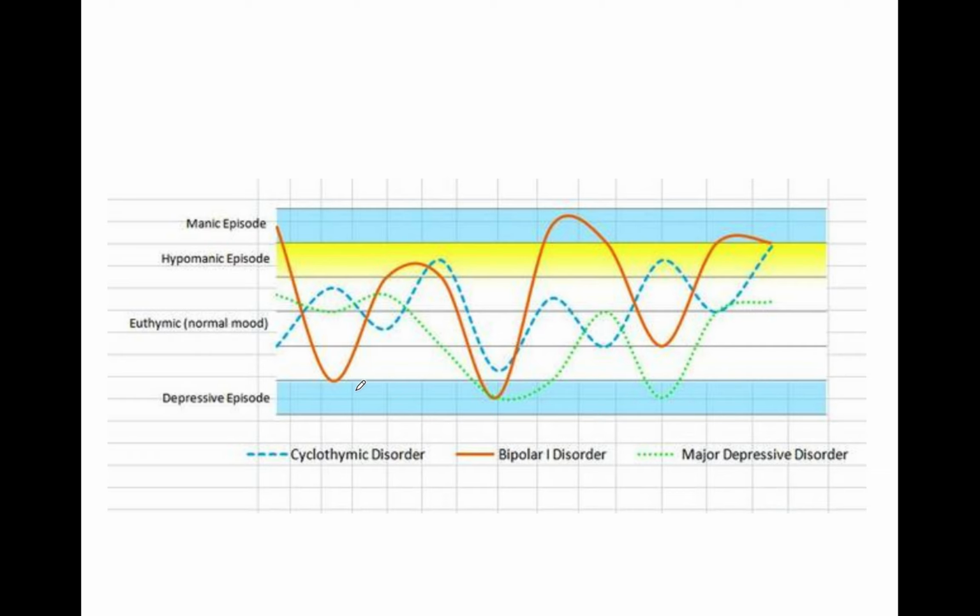So back to our chart. Depression. I'm following this green line. We go all the way down for at least 2 weeks. Bipolar 1, so mania, we're up at mania. Then it doesn't matter. As soon as we hit mania, like this guy, he went into depression and he went up into mania. Once you hit mania, it's bipolar 1.